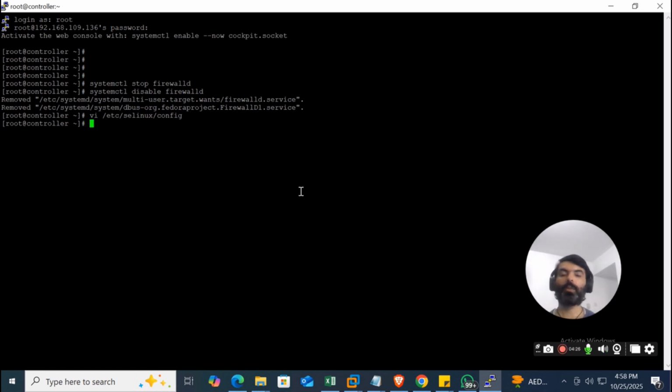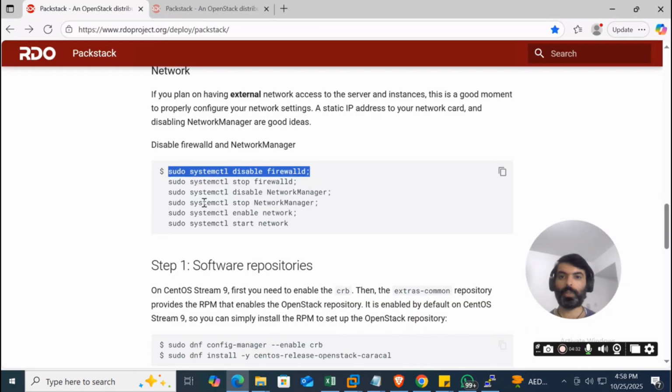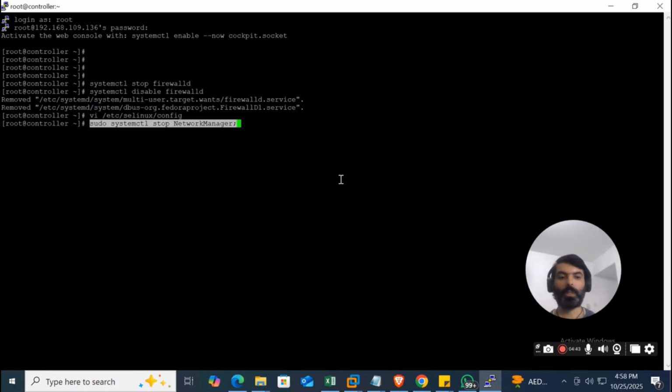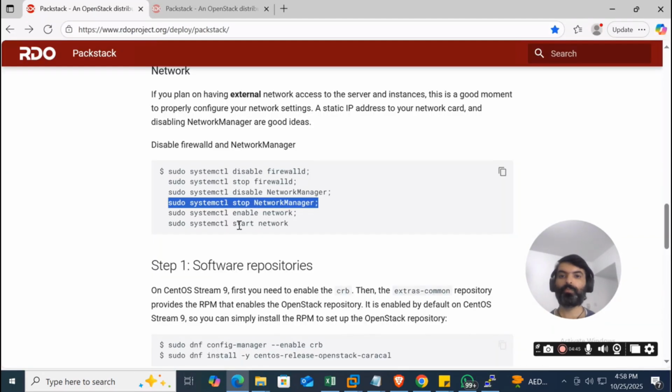And I think we also need to disable the network manager. Okay, just check that step. Yes, we can stop the network manager. Okay, and okay, now